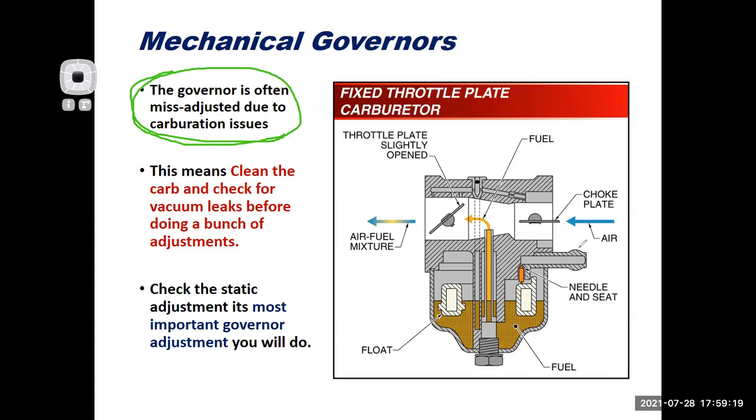Let me give you an example. Here we have a carburetor, and I'm going to highlight in green my idle circuit. Here's my idle air bleed. Here's my idle discharge port and transfer ports. That's going to tap in over here to the float bowl. So if my idle circuits were clogged up,